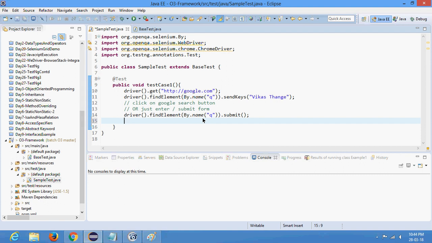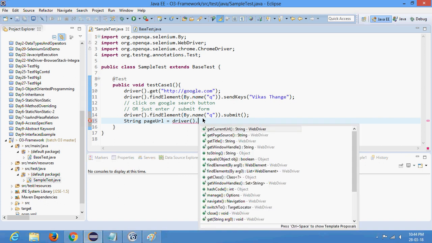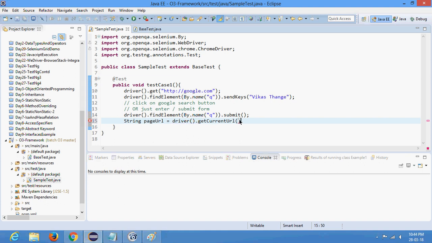Now I want to read the web page URL. So how do we read a web page URL? String, let's say pageURL is equal to driver.getCurrent... Oh, don't say driver directly, because we access driver from method. So driver dot getCurrentUrl. Very good. So that getCurrentUrl method returns me the page URL of my current browser, and I want